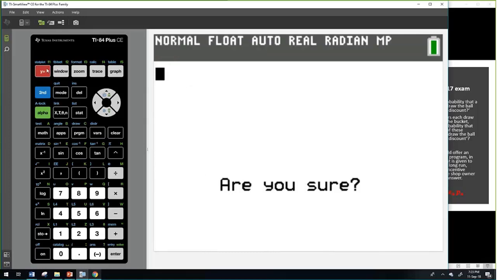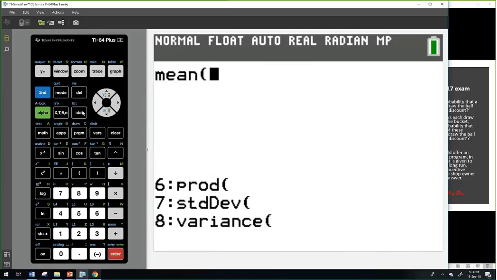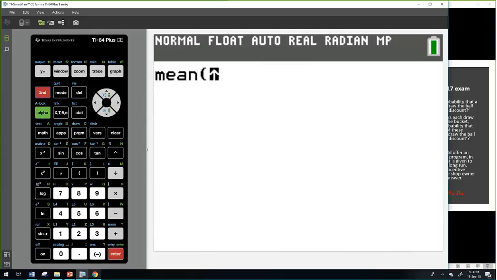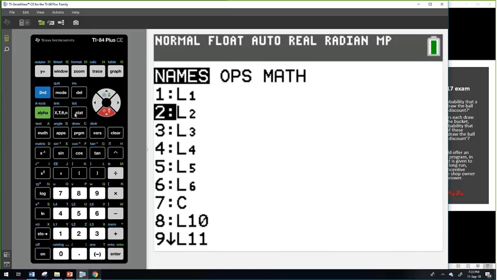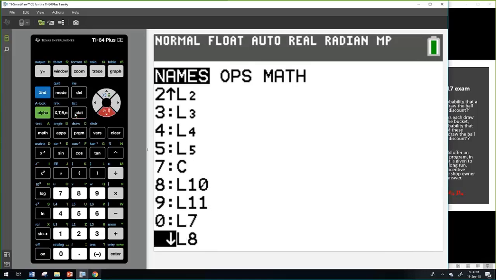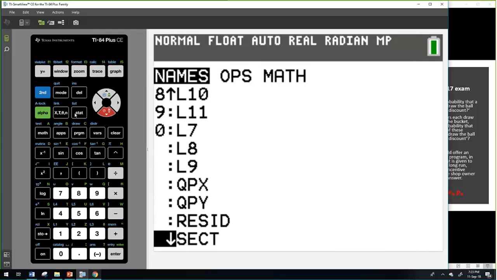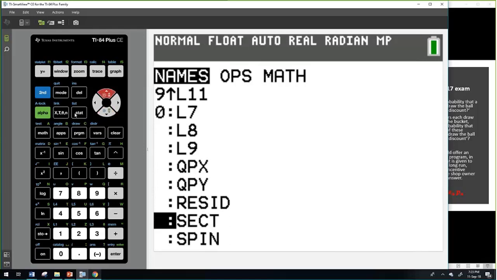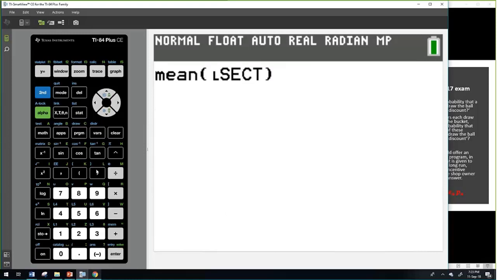And then if we again go to the mean from the stats menu, and if we go back into our list, all the way at the bottom of our list menu, I'll go down to the bottom so you can see we've got those sections and spins. So I want to work out the mean of those 5 sections. And we can see we get 1.82. Because we're using 5 to represent 100, we're not going to get the exact mean like we did before, but we can see that our mean does fall in between our 10% discount and our 20% discount, which I think is really nice. Okay,